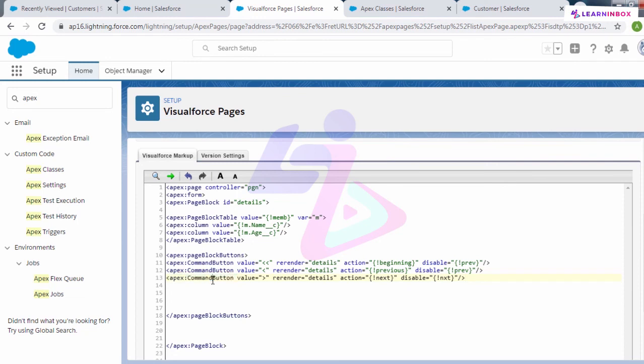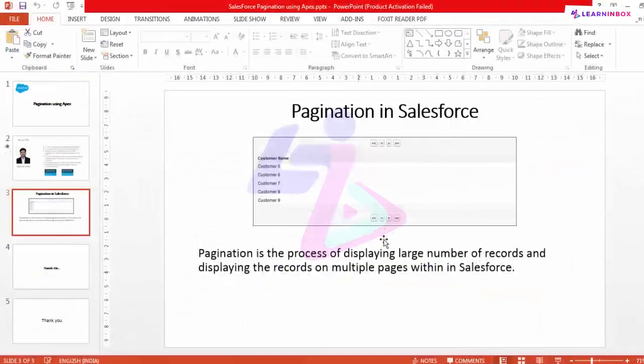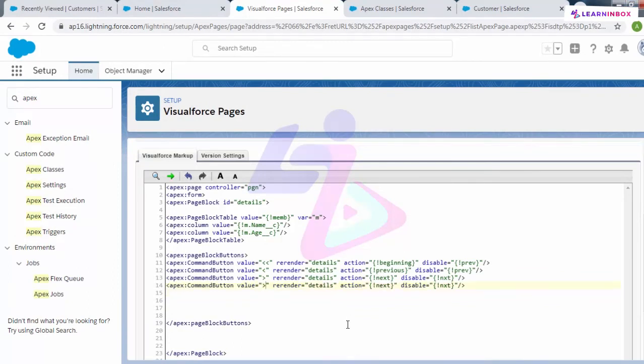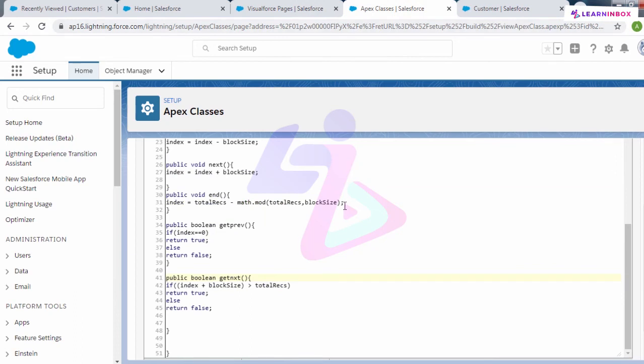Now let me create the last command button here. It looks like this. So re-render would be same. We have to change the action taken by this particular command button. So our fourth logic, it is end.